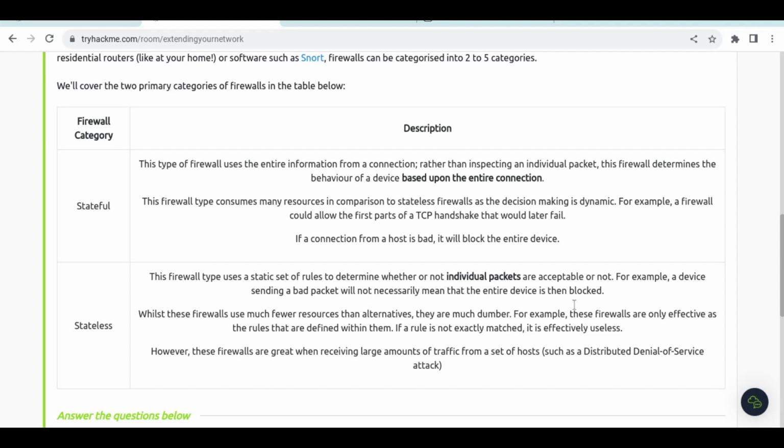Moving on to the second one, stateless. This firewall type uses a static set of rules to determine whether or not individual packets are acceptable. For example, a device sending a bad packet will not necessarily mean that the entire device is then blocked. While these firewalls use much fewer resources than alternatives,